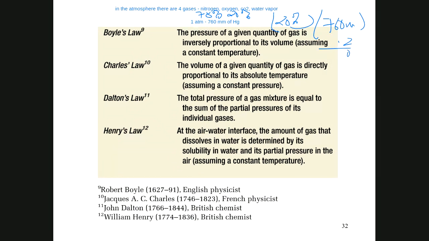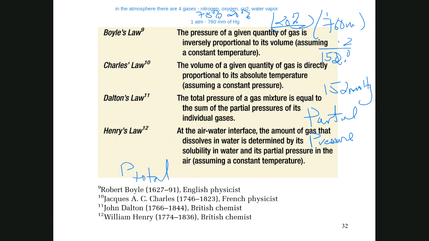So what's 20% of 760? About 152. So 152 millimeters of mercury is contributed by oxygen. We call this partial pressure. Okay, so Dalton's law can be written as this, so that if the total pressure,